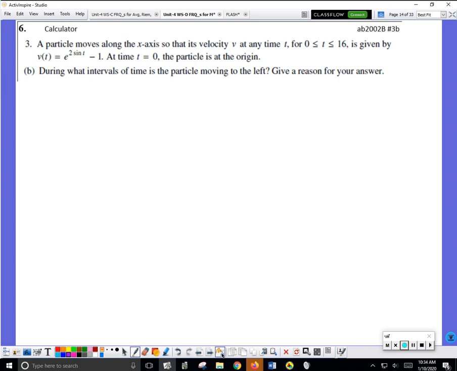This is the velocity. This is the acceleration. Acceleration tells you how